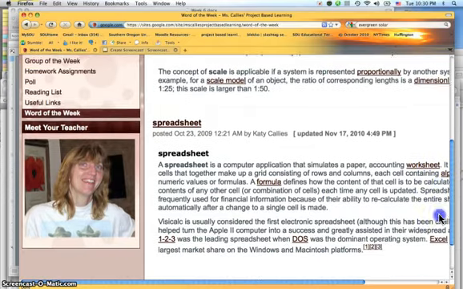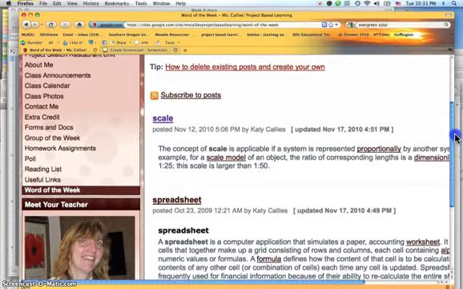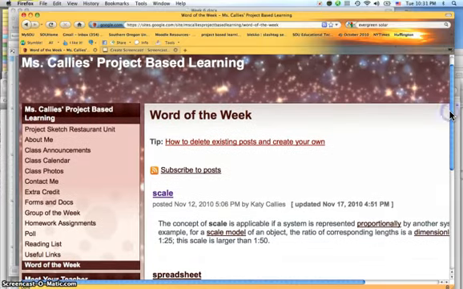And then she had a meet your teacher, just a picture of her in the sidebar there. Okay, so that is the basic layout of her website, and so I'm asking you to do most of